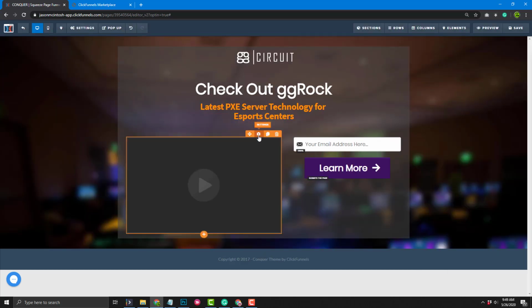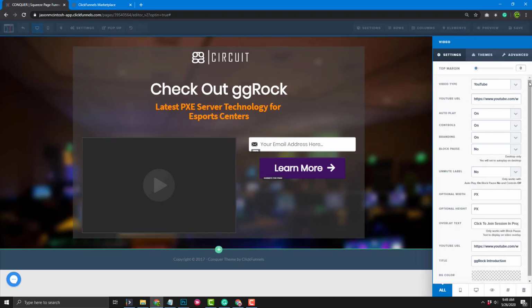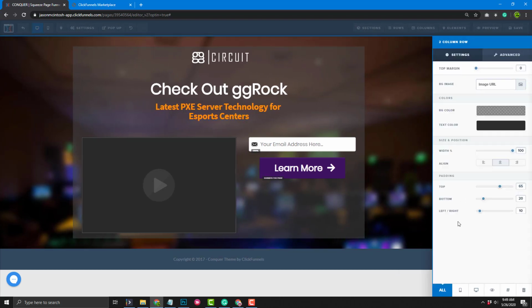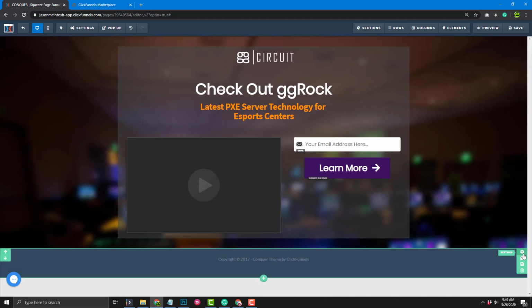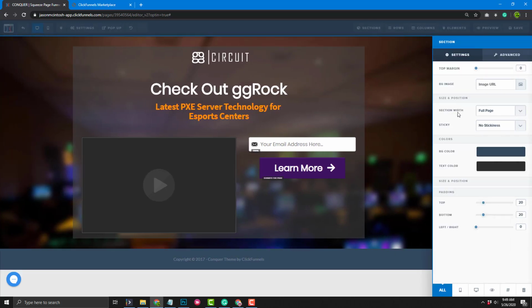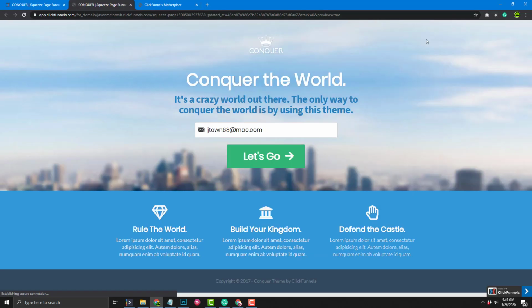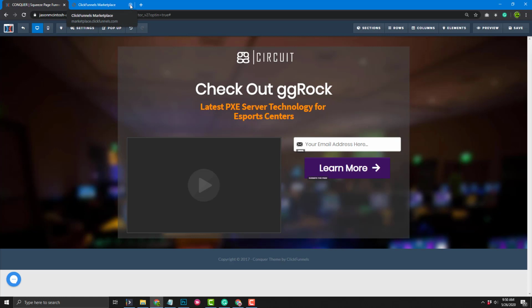All right, let me make sure that I've got everything that I want in here, and perhaps in this, let's push this down so I can make this footer stick to the bottom of the page on load, just so that it looks like we've got a full page here. And at any time you can come up here and preview the page as well, but first you got to save it. So make sure you save any of your changes,